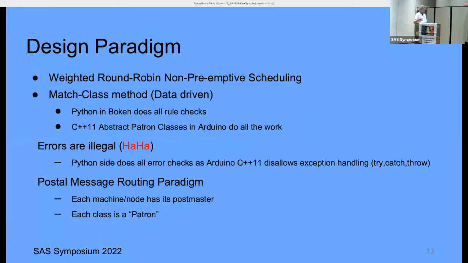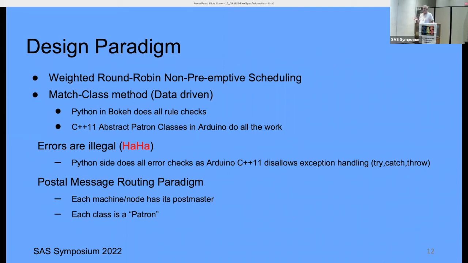Backwards way in here, okay. So what these things do is they allow us to have rule checking. They allow us to make pretty good use of some very powerful programming tools, but errors are a bit of a problem. So we just declared them to be illegal,